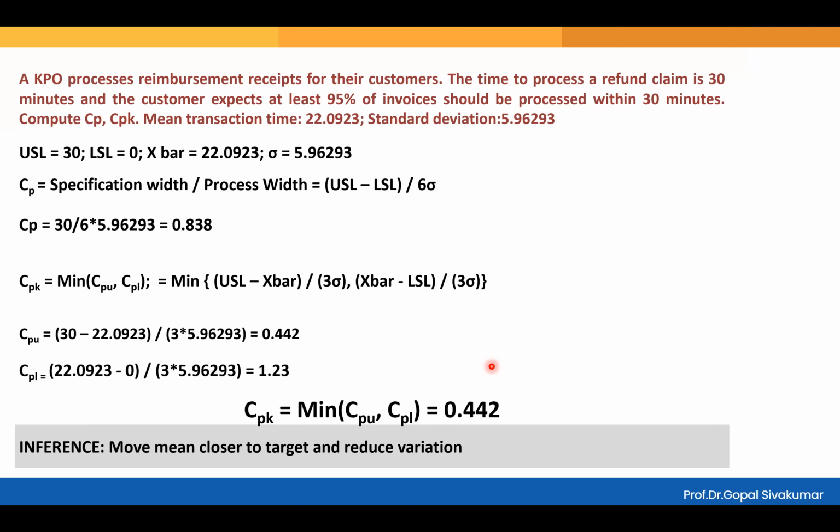Listen. That means you should first reduce the variation and make it consistent. Achieve the consistency first, and then you move the mean. So reduce variation, and then you try to move the mean closer to the target. What is moving the mean? Moving the mean means